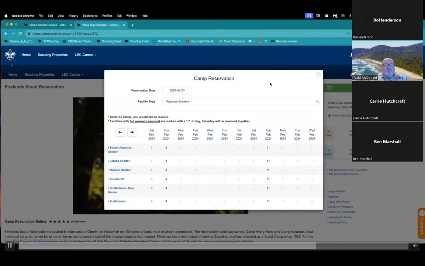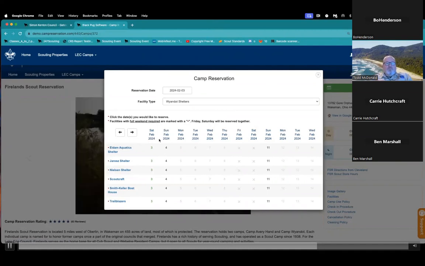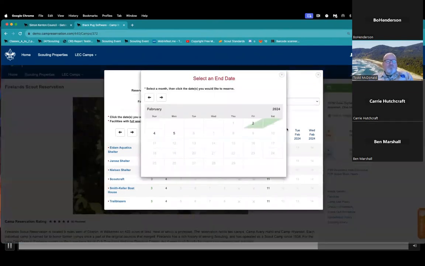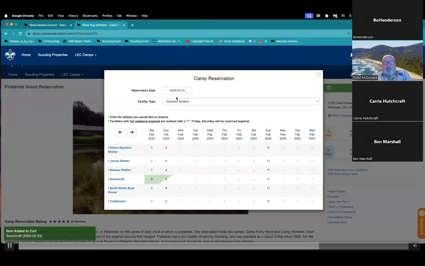Let's go see what the first week of February looks like. Okay, so I'm staying on Friday through Sunday, and I want to rent the Scoutcraft shelter on that Saturday so that we can go in. Maybe it's Friday and Saturday. I want to take the shelter for the whole weekend as well.